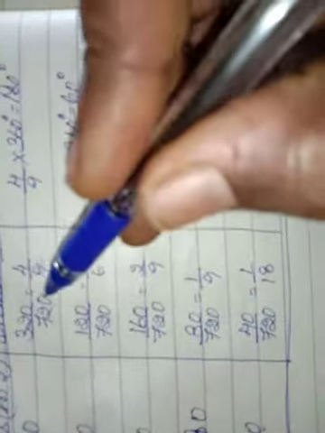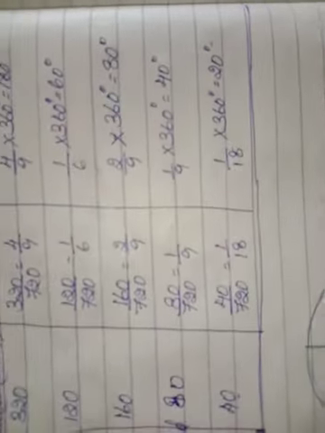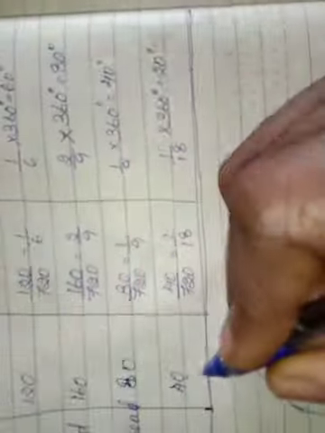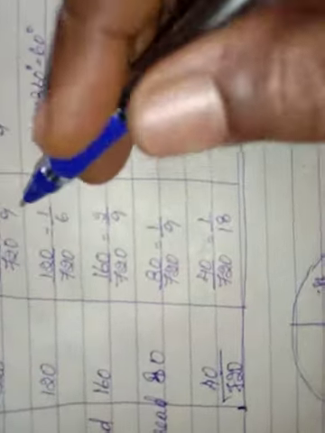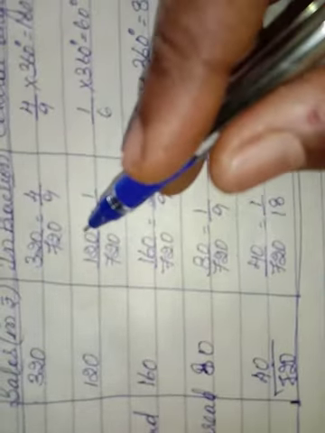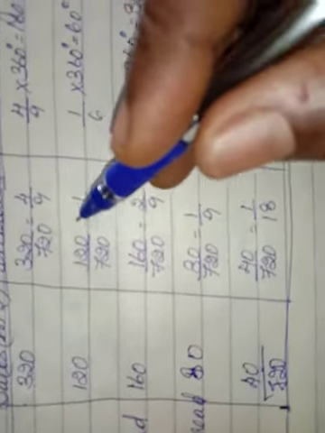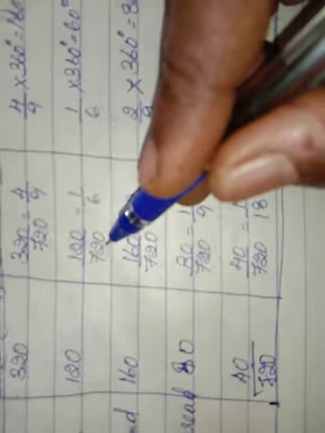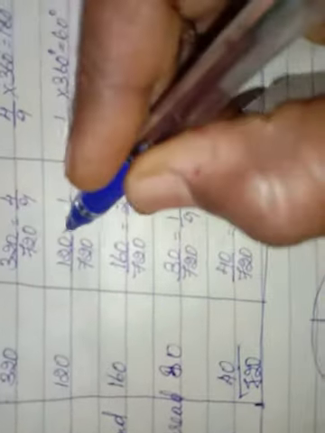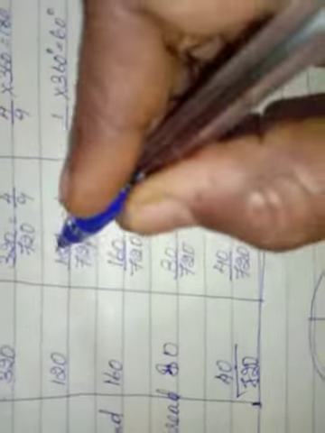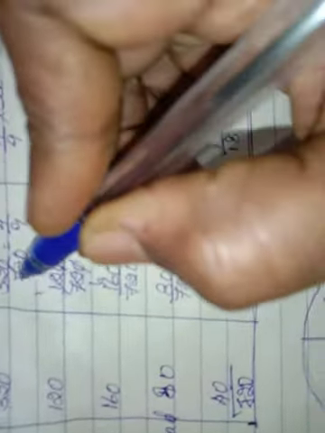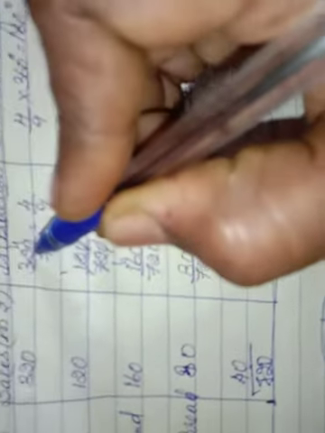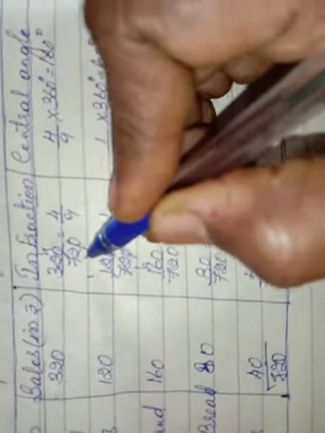Now in fraction, 320 by the total. How did we get the total here? If you add them up, you will get 720. So 320 divided by 720 is equal to 4 by 9. Okay, 120 divided by 720 is equal to 1 by 6. How are we getting that, children? The 0s will get cancelled. 12 ones are 12, 6 twelves are 72. Similarly, here also 8 4s are 32, 8 9s are 72.